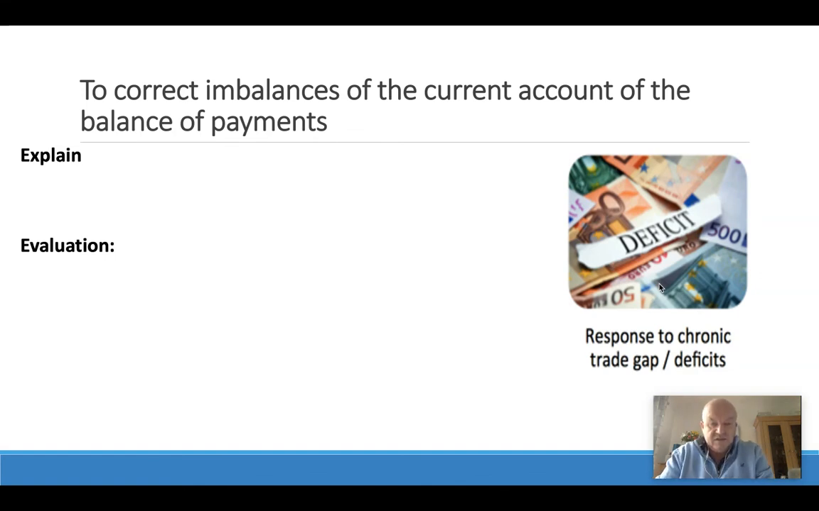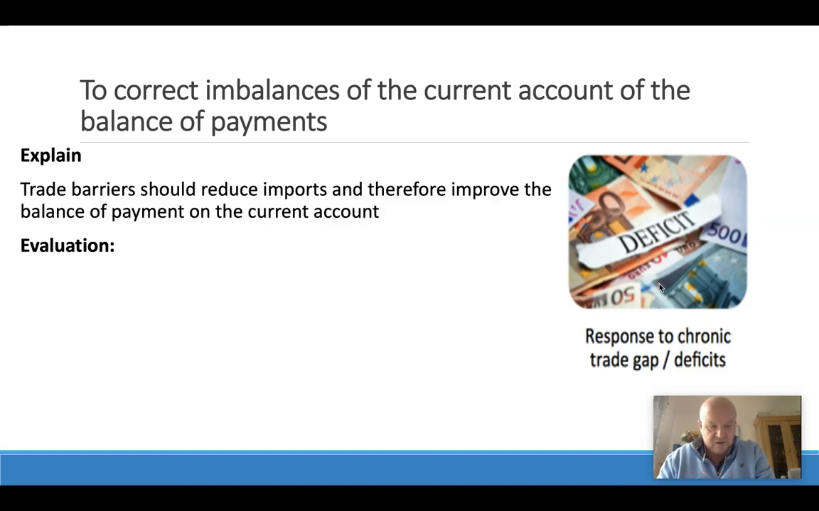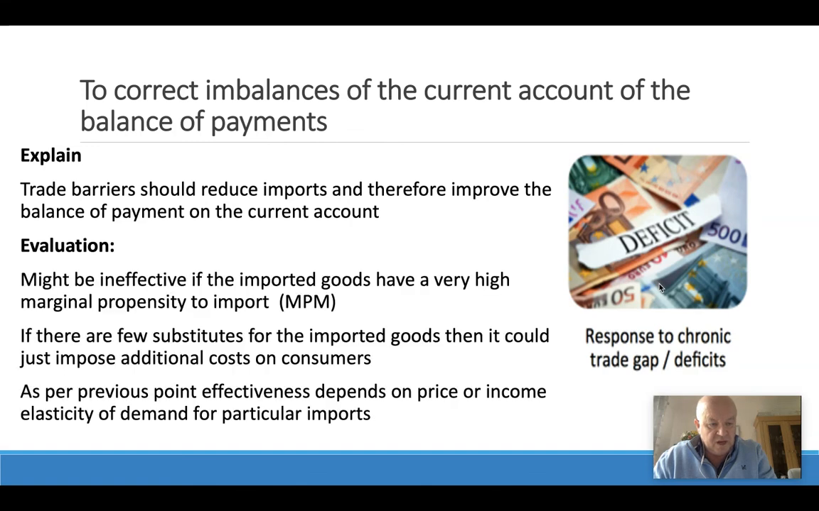To correct imbalances on the current account of the balance of payments. Okay, so if we're going to explain that, trade barriers should reduce imports and therefore improve the balance of payments on the current account, the difference between exports and imports. However, it may not necessarily be that effective if we as a country have a very high marginal propensity to import,